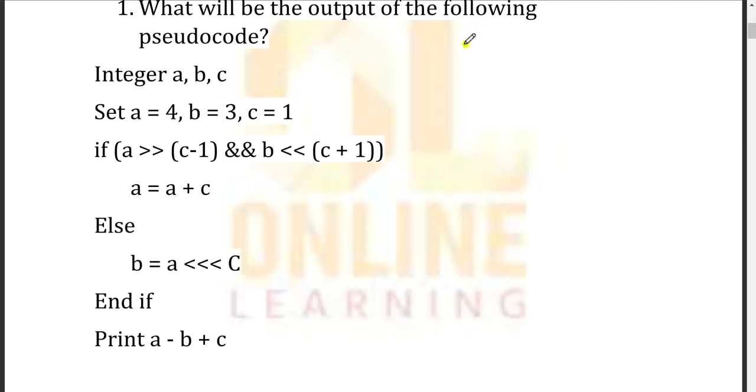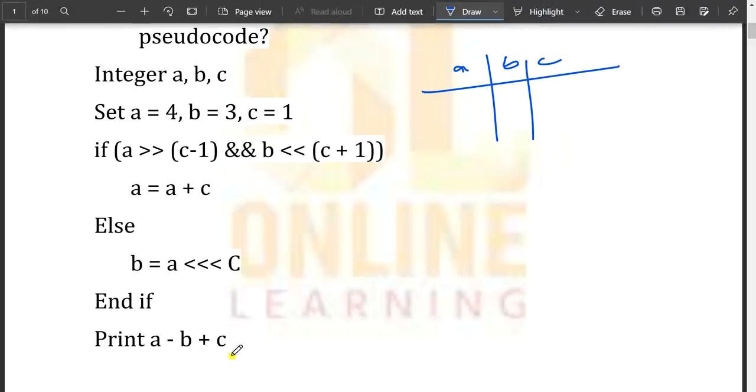Okay, we have three integers. Whenever we are given integers or any kind of variables, try to write them down, because there are chances that the values of the variables can be changed. So it is better to write and update all the values, so that at the last, if there is something like print a minus b minus c, whatever the last values you have, you can just directly apply that equation. So coming back to the code,